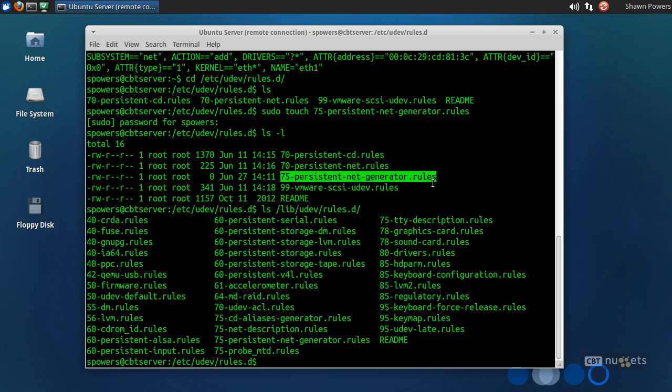So this will basically stop this program from running altogether, and it will no longer populate this persistent net rules file with specifics about our hardware. Now, this isn't necessarily a bad thing. Maybe we always want to make sure that the same card is the same device name so that eth1 and eth0 don't swap around when they boot up. However,